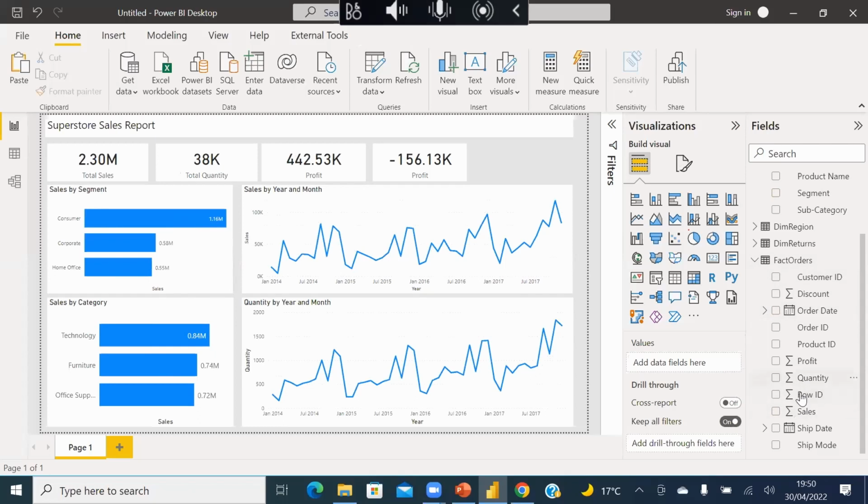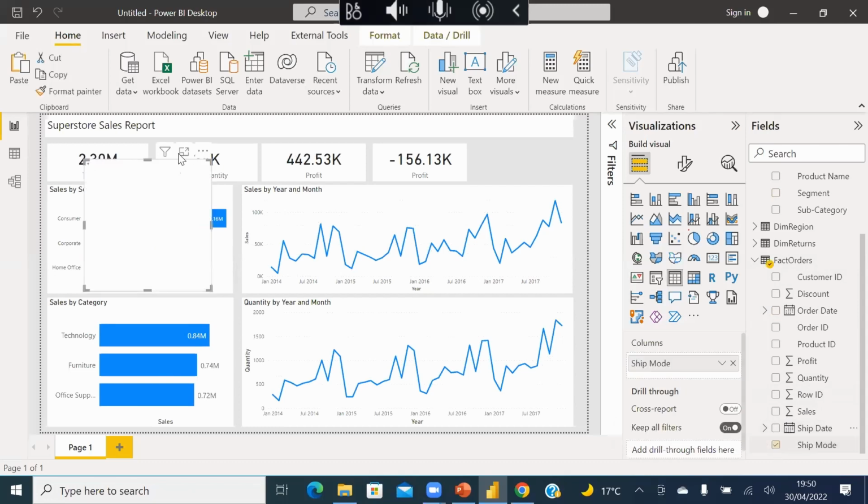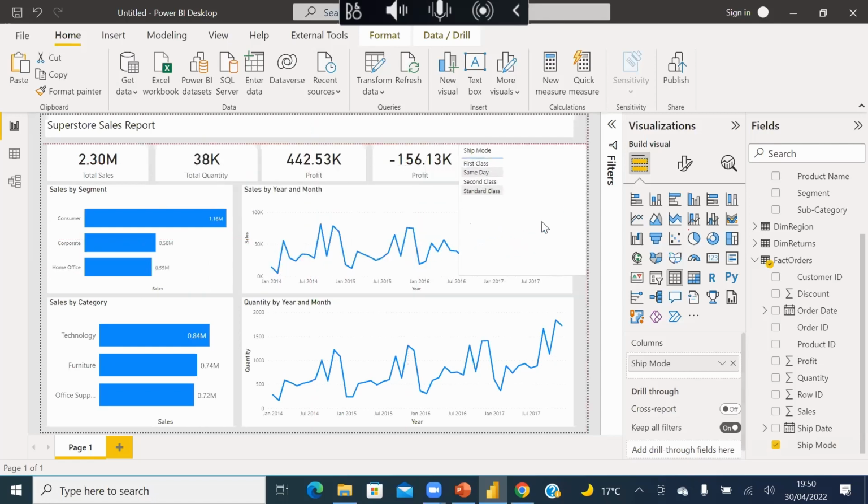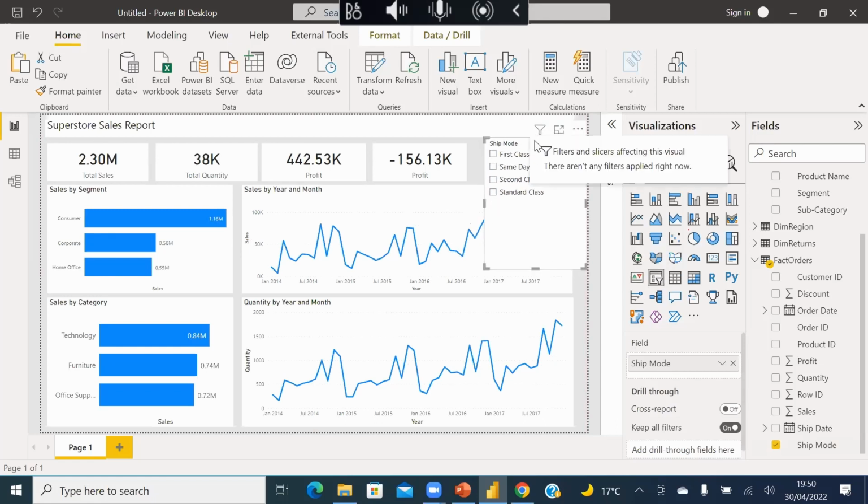And finally, you can add things I call slicers, right? For example, there's ship mode. So I'm going to stop in a few minutes since we're almost running out of time. Slicers allow you to filter your data, right?